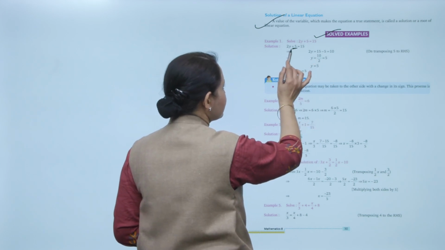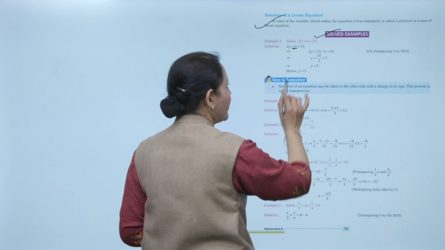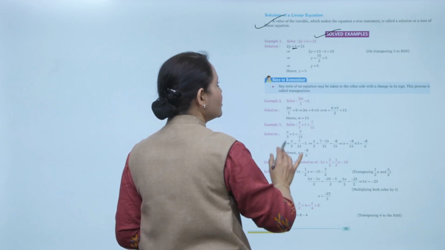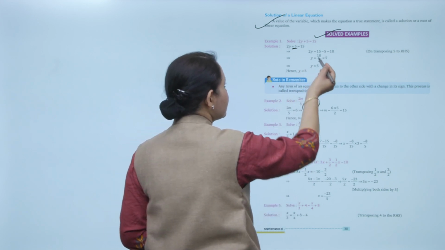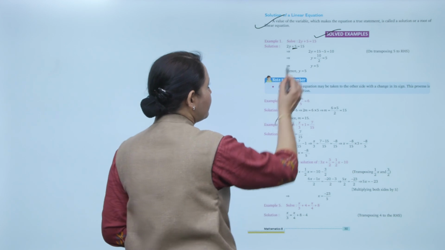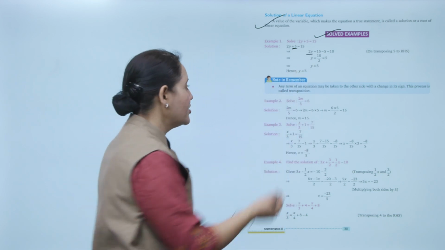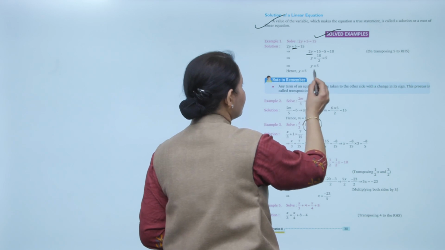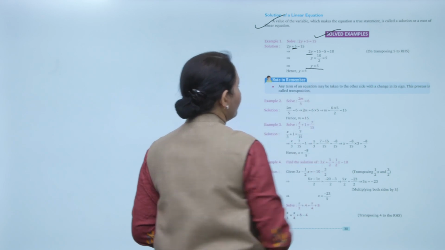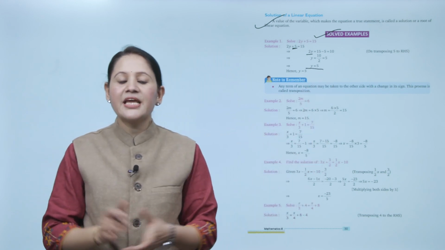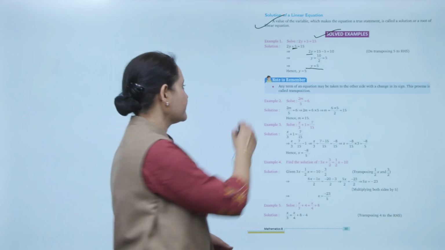Here 5 was positive, negative हो जाएगा, 15 minus 5. So 2y equals 10. So y equals 10 upon 2. Because y के साथ 2 क्या होता है मल्टीप्लाई में, साइड चेंज होगी तो क्या हो जाएगा डिवाइड में. So 10 upon 2 that is 5. So y equals 5. Clear?